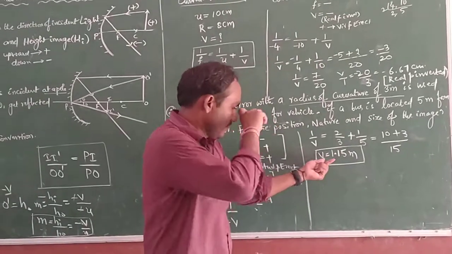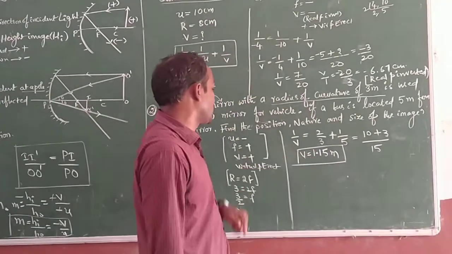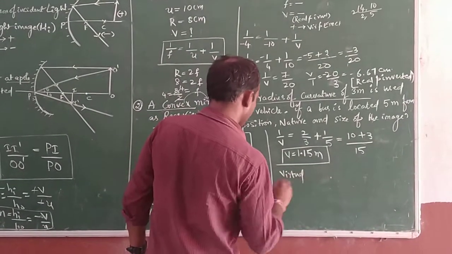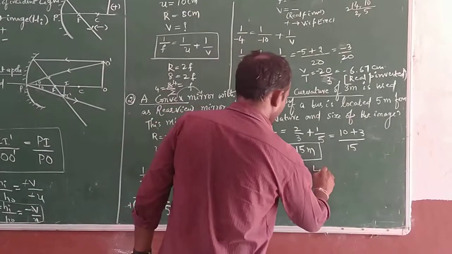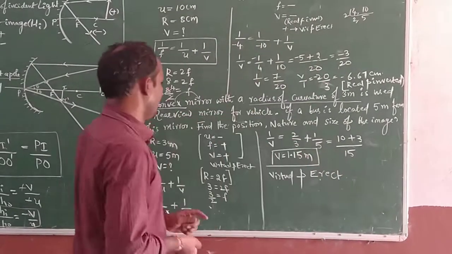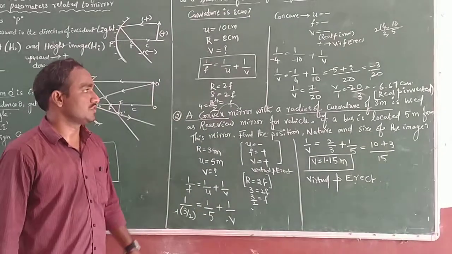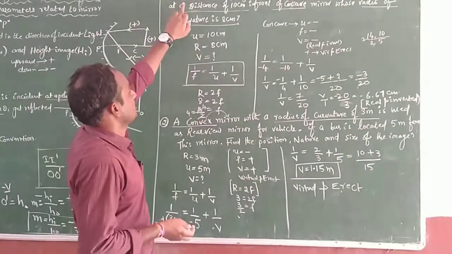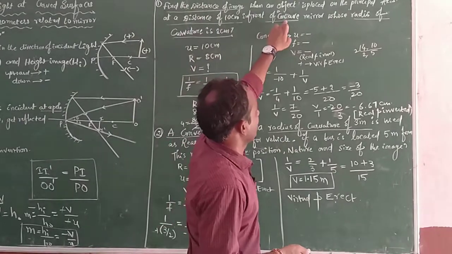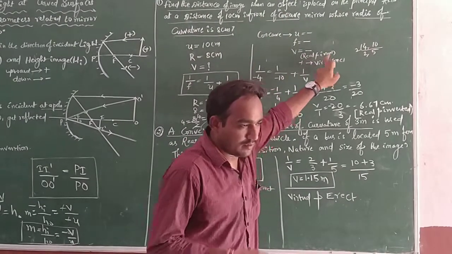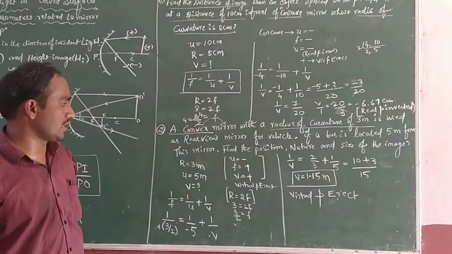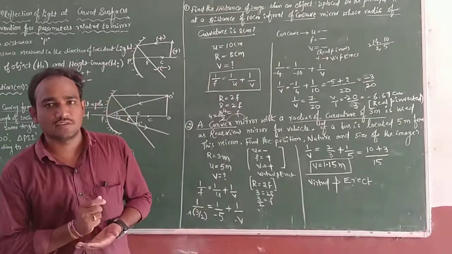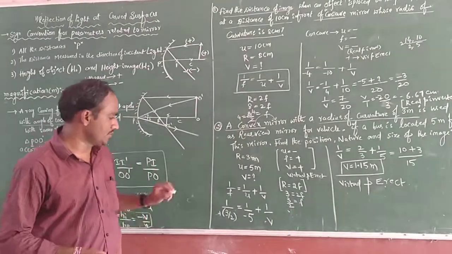So here the image distance V we are getting is positive. Positive, that is the characteristic of virtual and erect, which is the characteristic of a convex mirror. So what are the characteristics of concave and convex mirrors? Finally we obtain that for a concave mirror, the image is real and inverted. In the convex mirror, a virtual and erect image is formed. Okay, so these are very important problems.